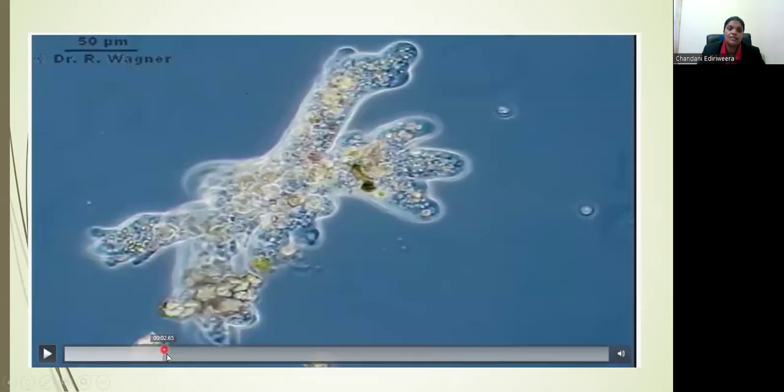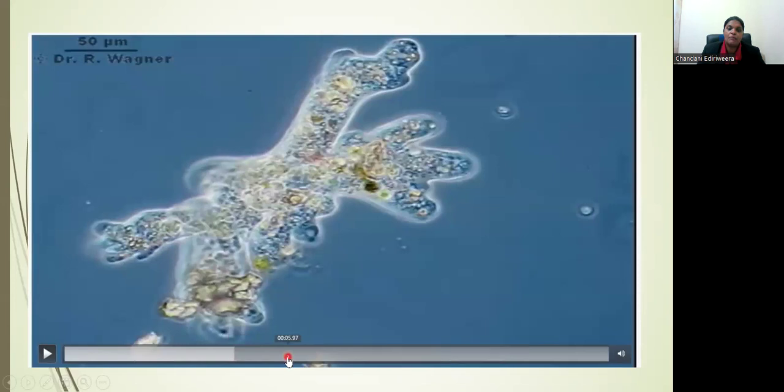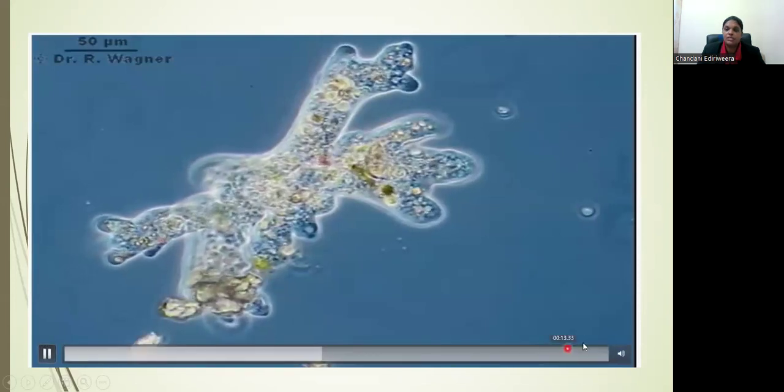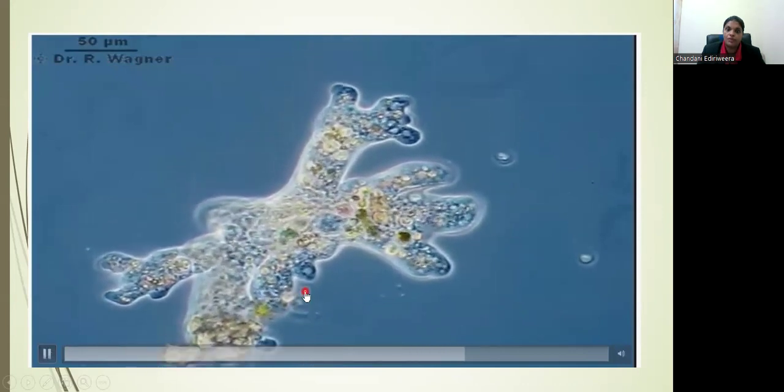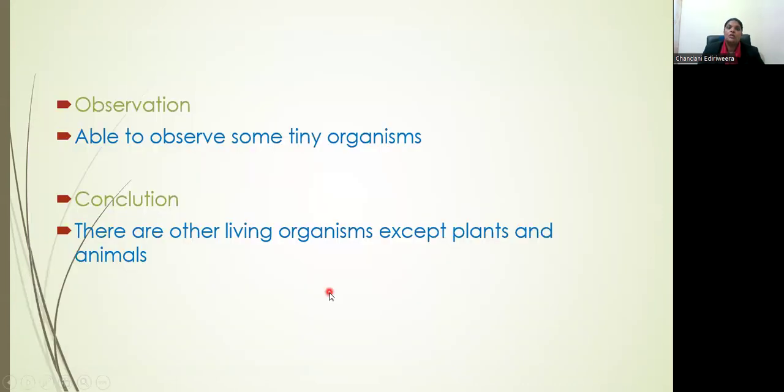So this is another microorganism type you can see. We are calling this one the amoeba. So the amoeba does not have any definite shape, right? You can see here. So when you observe a drop of the pond water, you can observe the small, tiny